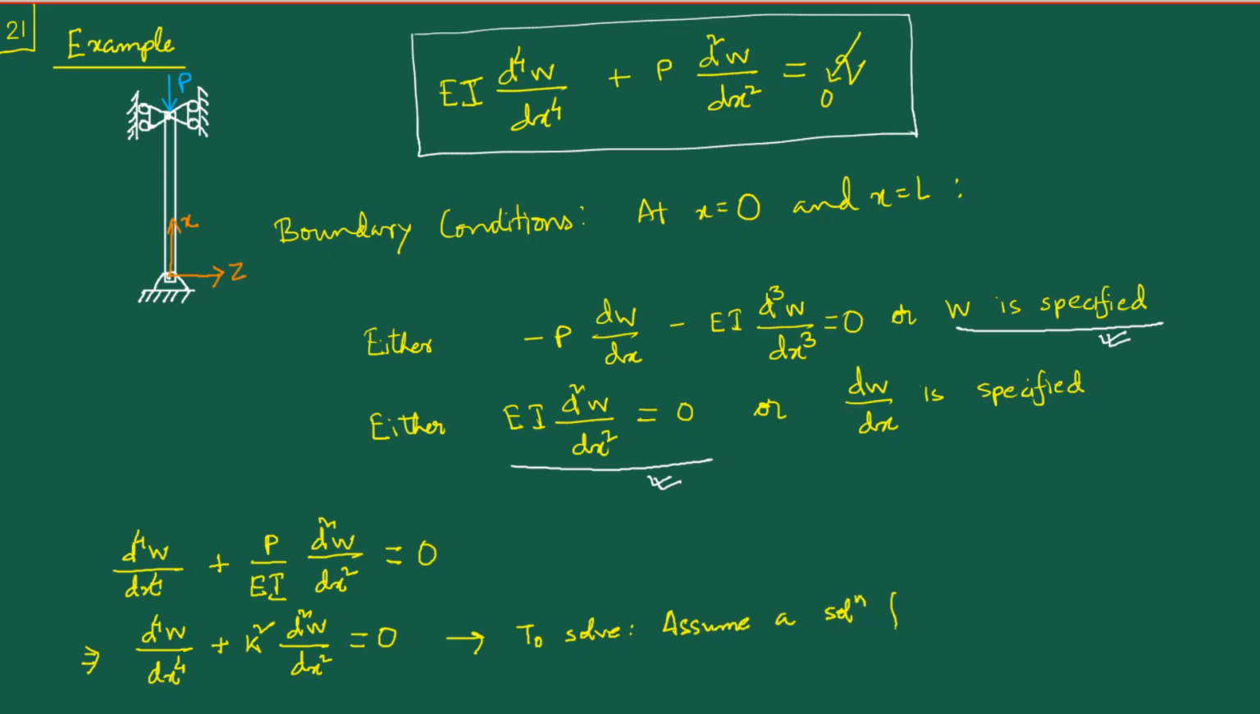We assume a solution form which is W is equal to e to the power mx. The motivation for taking this e to the power mx form, where m is something unknown yet that we have to solve for, is that you see that